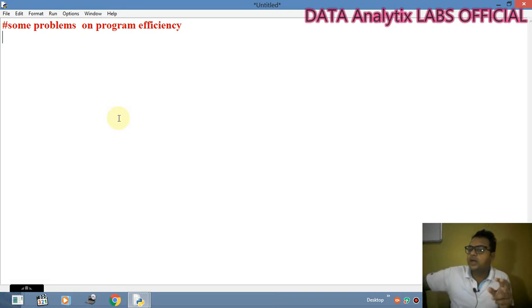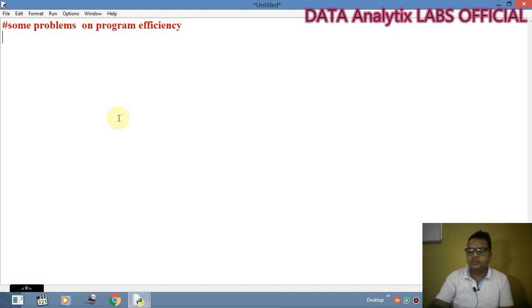This chapter is all about two methods by which we can check the efficiency of a program: space complexity and time complexity. But this chapter is all about time complexity. Clear? As already discussed, there are three cases: the best case, the worst case, and the average case. Now there are some problems on how we are going to calculate the efficiency of a program. So we'll start from a simple program.